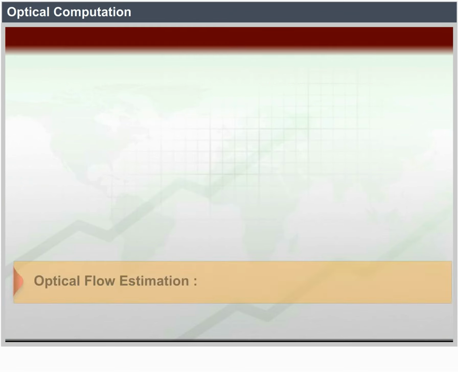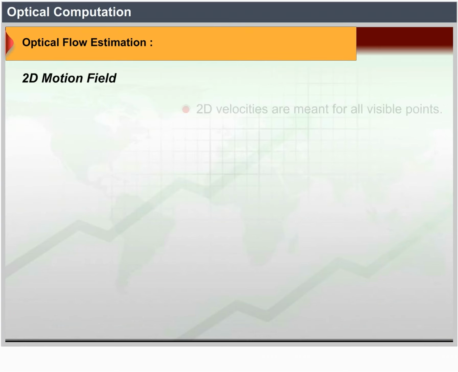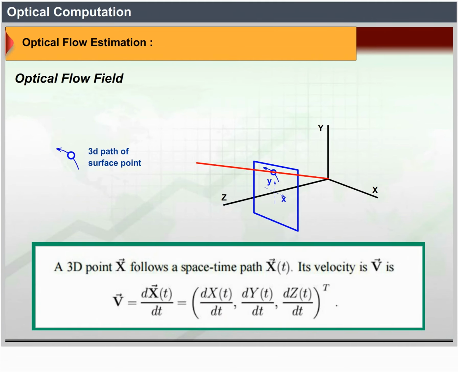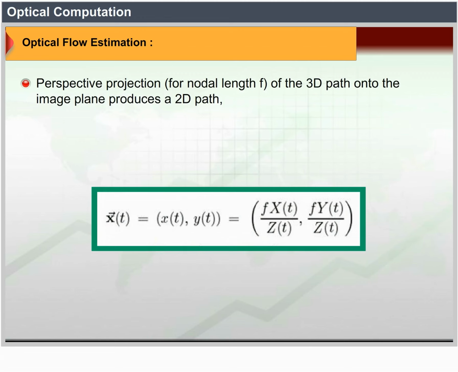Optical flow estimation. 2D motion field: 2D velocities for all visible points. Optical flow field: estimate of the 2D motion field. The image motion diagram can be seen on screen. A 3D point x vector follows a space-time path x vector t. Its velocity v vector is given by the equation on screen. Perspective projection for focal length f of the 3D path onto the image plane produces a 2D path as shown, the instantaneous 2D velocity of which is